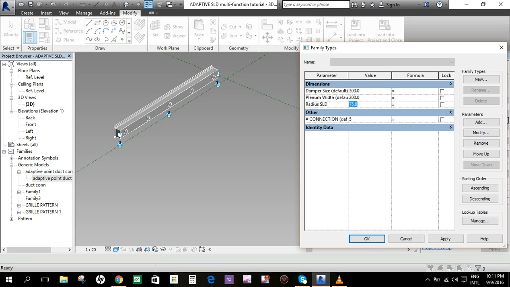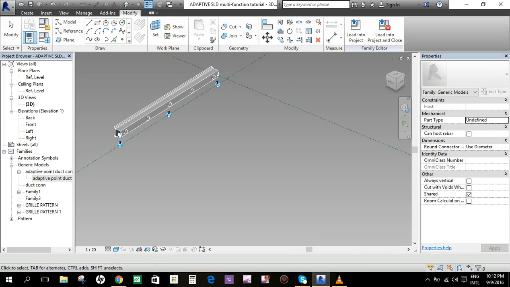This one 75, 150. This one 250. Okay. And the number of connections is also functional. You can put 10. Automatically, we have 10 also. So put it 5 again.